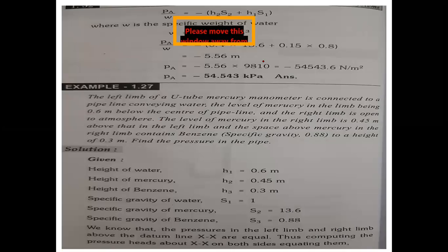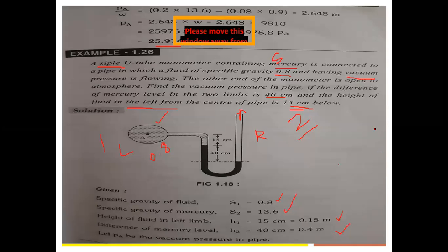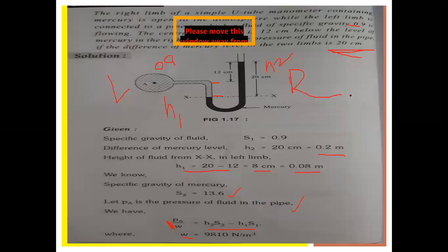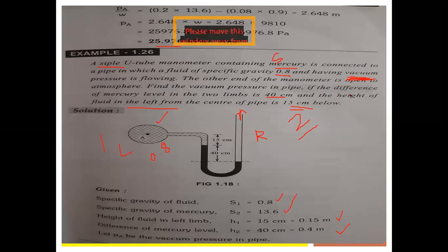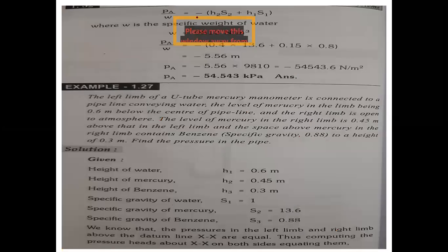Therefore, here we have vacuum pressure, that is negative pressure. Negative pressure means we have to apply minus, we have to apply the minus notation. Now PA by W is equal to minus of H2S2 minus H2S2 plus H1S1, where W is equal to specific